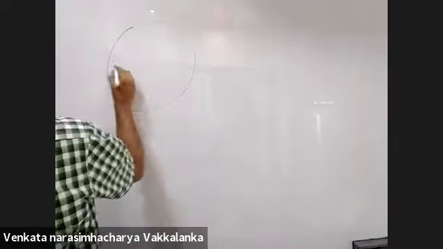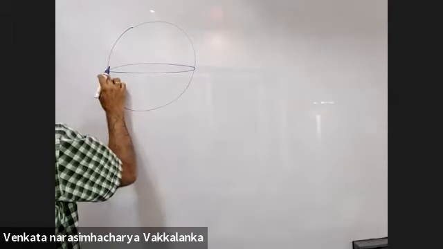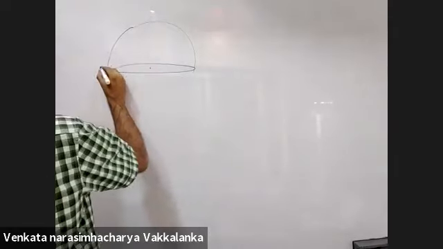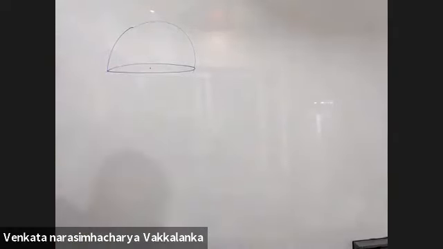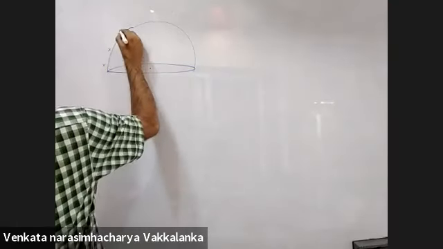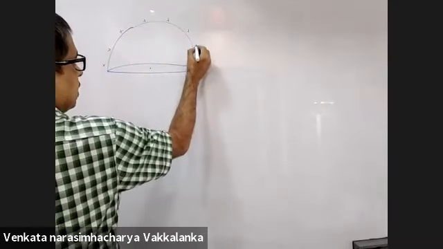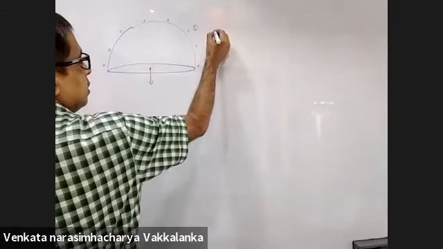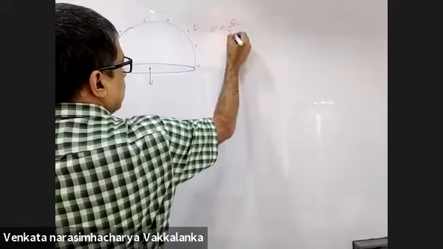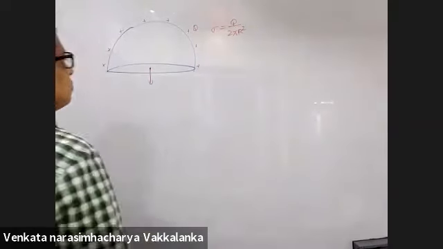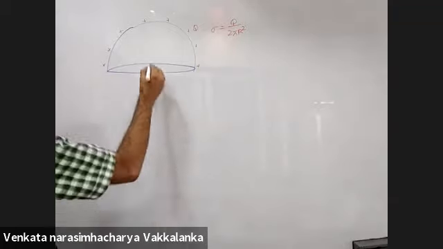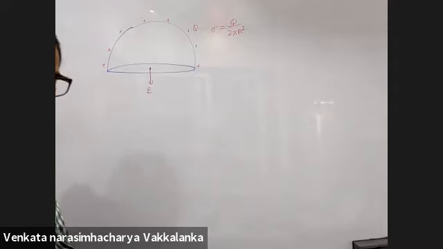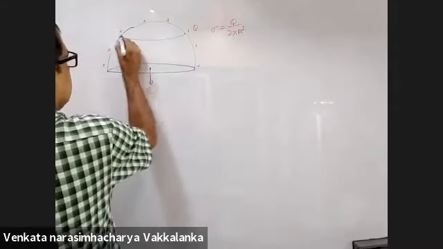Now this is a hollow hemisphere. This is a hollow hemisphere. I am laying the foundation for the problem to be solved. First I will calculate the field here due to the hollow hemisphere. Sigma is q by 2 pi r square. I want the field here at the center. How will you calculate this field? Consider an elemental ring.